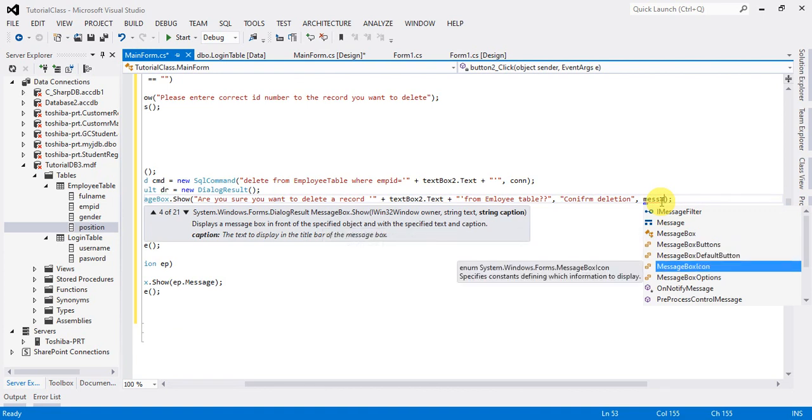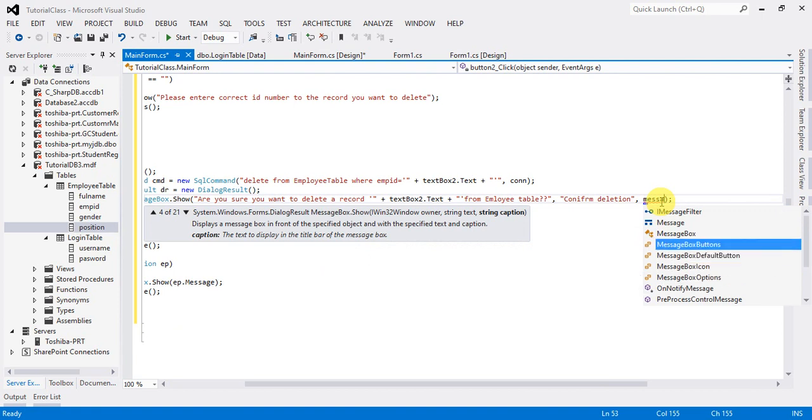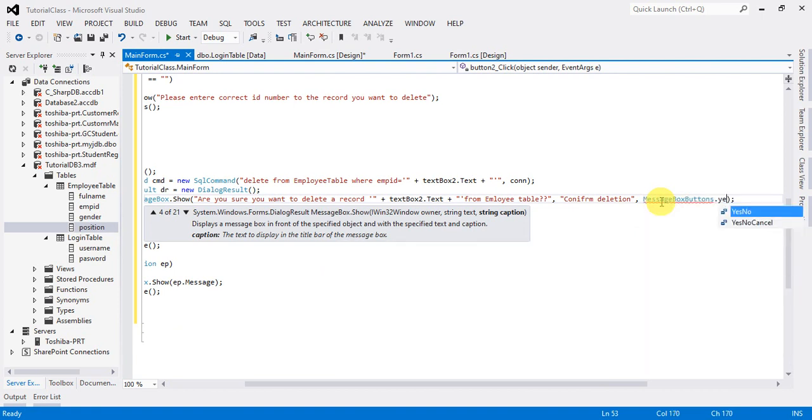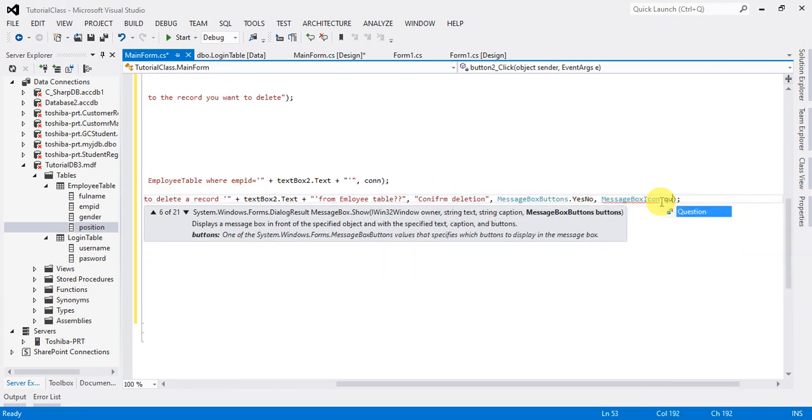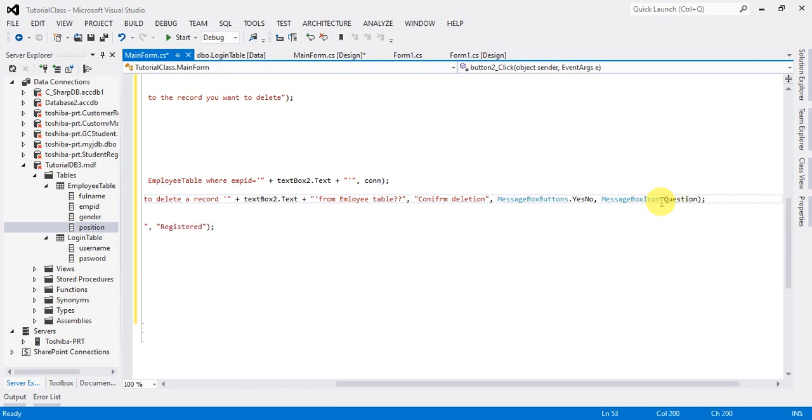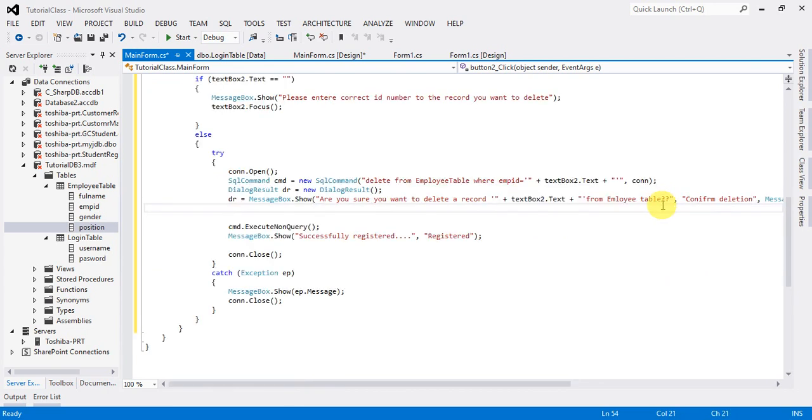Message box icon, not icon. Message box buttons, dot yes no. And message box icon next, and dot customer. So this is validation: if the user clicks on DR is equals to dialog results dot yes. If click yes,